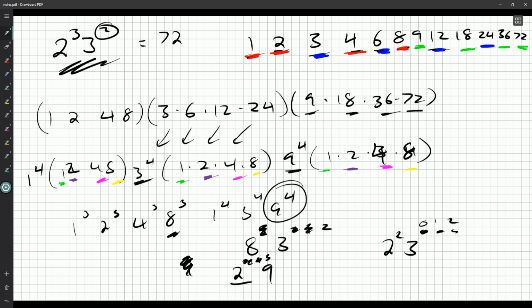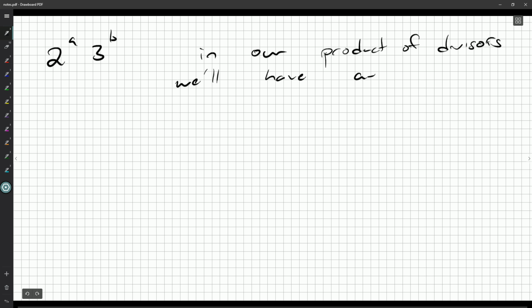So what are we going to have? Well, if I have something like 2 to the A, 3 to the B, in our product of divisors, we'll have A plus 1 of each power of 3, and B plus 1, so 0, 1, 2, all the way up to B, of each